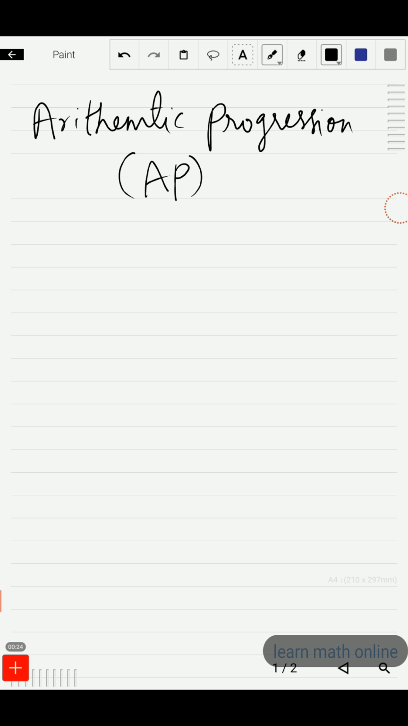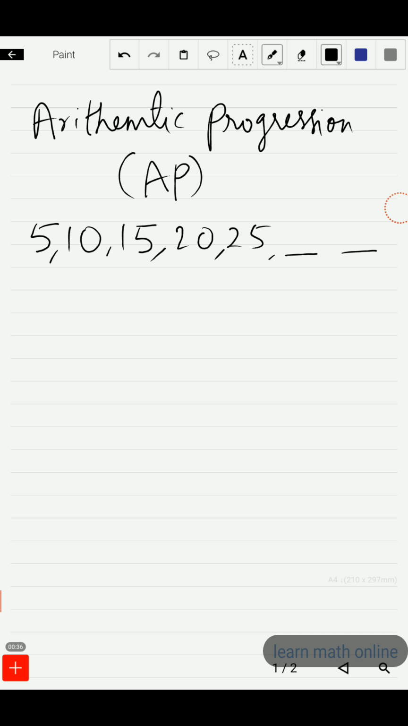Now I will write a list of numbers: 5, 10, 15, 20, 25. Now can you tell me the next two numbers here? Of course the next two numbers would be 30 and 35, isn't it? You can tell that easily because